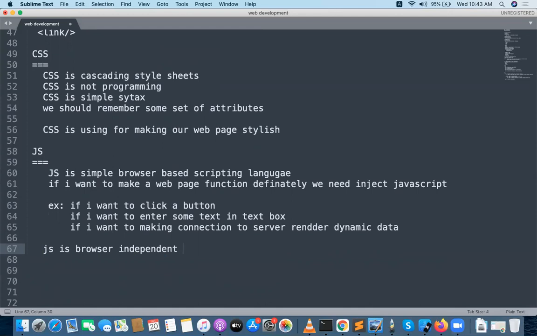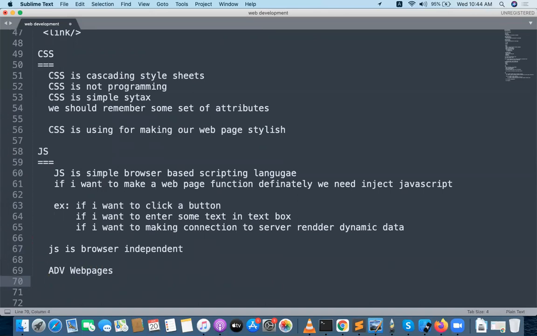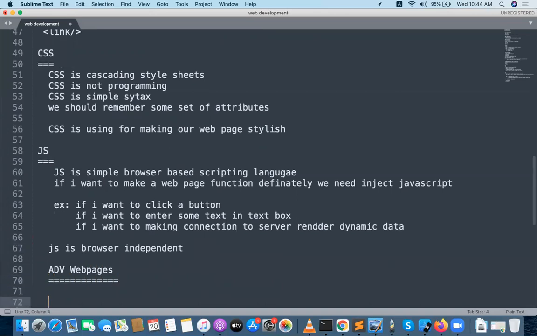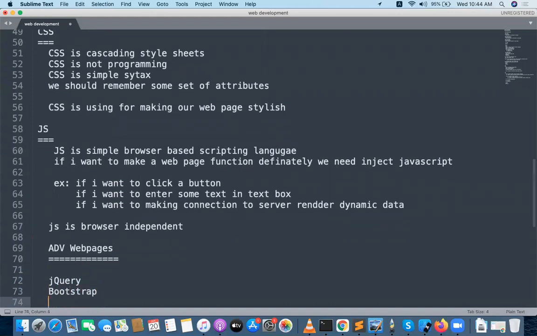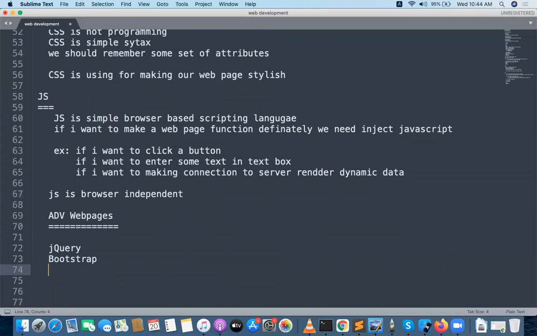When we understand HTML, CSS, and JavaScript, now we are moving to advanced web pages. Whenever we want to learn advanced level web pages, we need to learn other technologies like jQuery, Bootstrap, jQuery UI, jQuery Mobile.